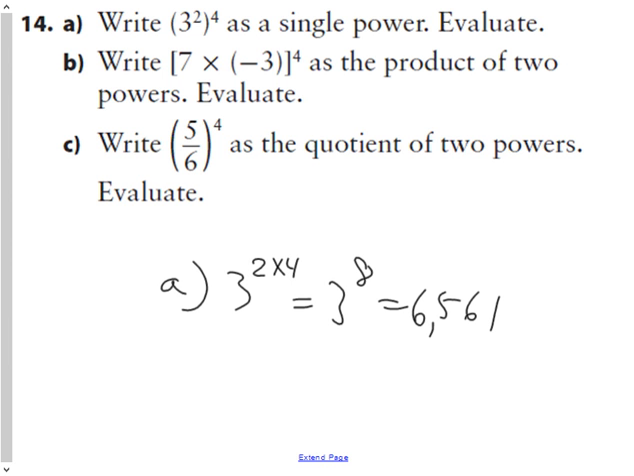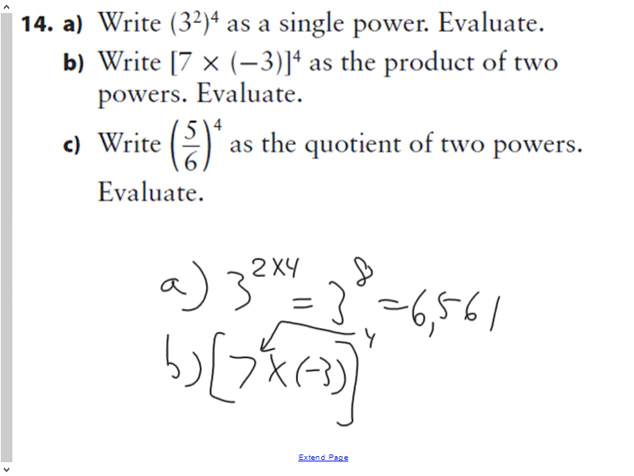The next one. Ooh, this is interesting. So for B, we have the product of two numbers in brackets. And the reason why it looks different than a lot of the other ones is because we have square brackets. But the rule is when you have the product of numbers in brackets to an exponent, you are to disperse the exponent to all of the terms of the product. Now, it does not work for addition and it does not work for subtraction. It only works for division and multiplication. So this would become